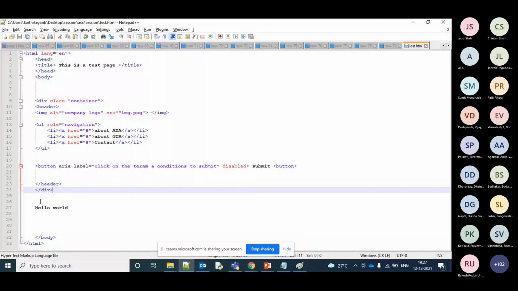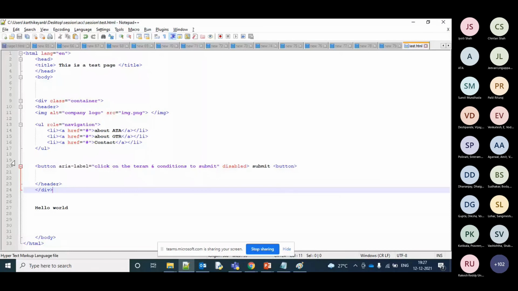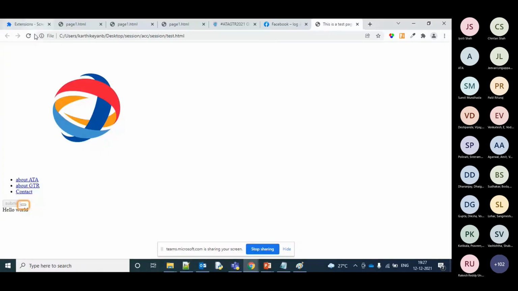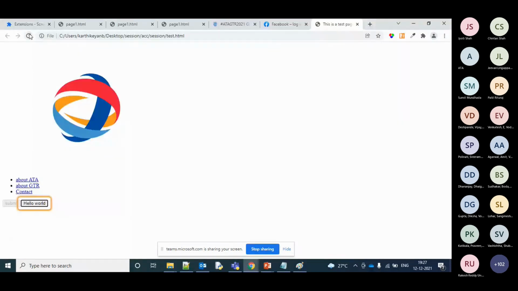This is a test page. Navigation with 3 items. Contact. Exited navigation. Search tabs. Button. Just one second. Sorry for it. This is a test page. Navigation about contact. Exited header navigation. Sorry, my mistake. But this is a test page.